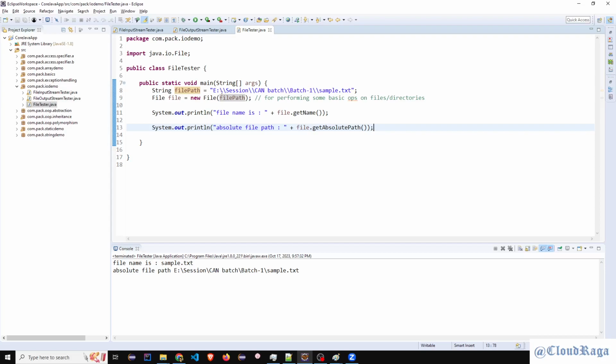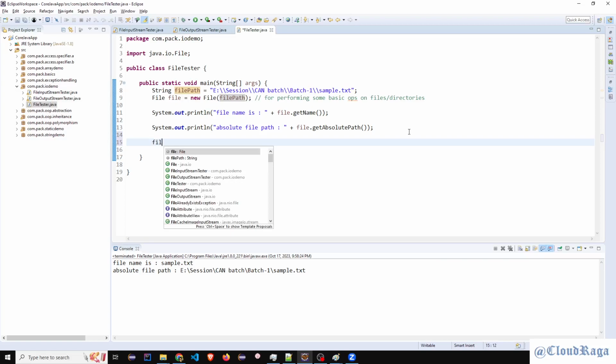Maybe right now you're wondering, we already gave a path, so why are you getting the file name and absolute path again? Because right now we don't have any other request form. We just have a one-code Java application running, so we have to give it explicitly. Maybe you will get this path from the user, and at that time you are not aware of the file name or where it's coming from. So at that time these methods are really handy. That will give you the correct path from where the data is coming.